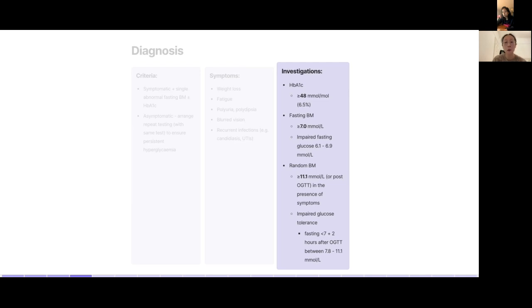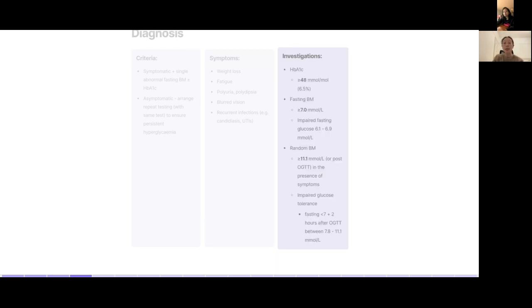These aren't necessarily required to give a type 2 diabetic diagnosis, but they are just thresholds to remember. So I think don't focus on remembering these exact numbers, but focus on fasting BM needing to be greater than 7 and random BM needing to be greater than 11. So if fasting BM is close to 7 but not quite 7, they've probably got impaired fasting glucose. And if in their oral glucose tolerance test, which is basically the patient fasts and then has a glucose challenge and is tested 2 hours after, it's between 7 to 11, they probably have impaired glucose tolerance. And then just going back,